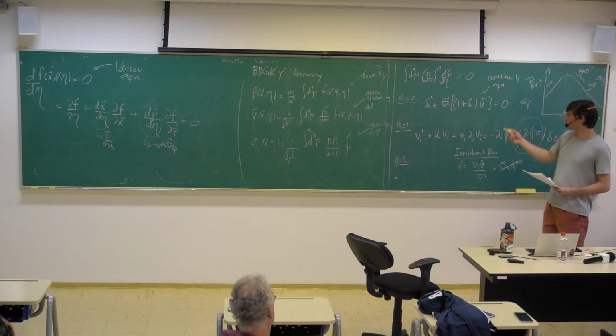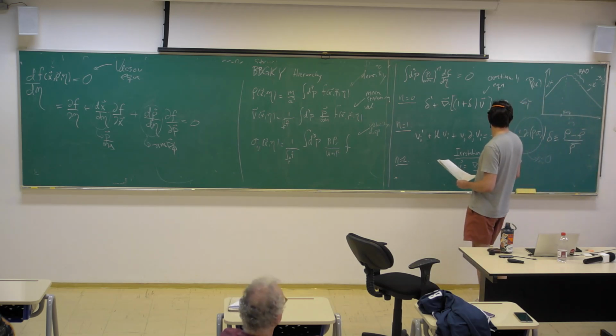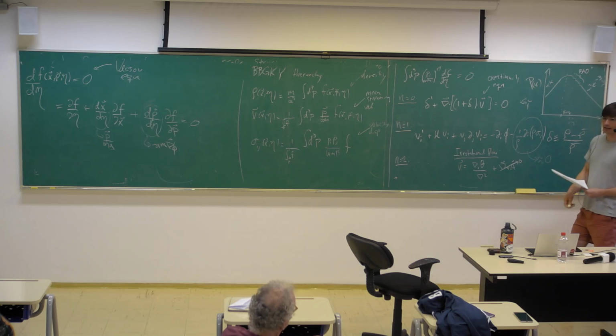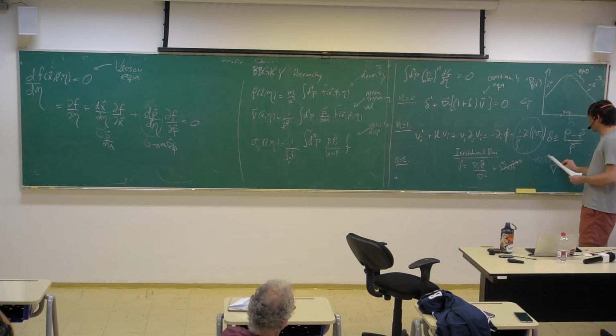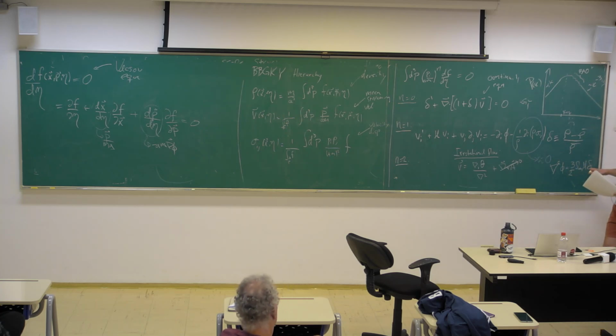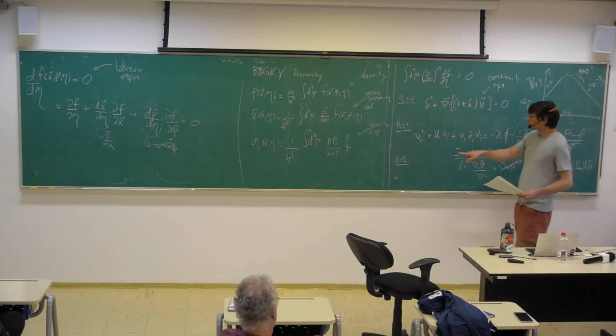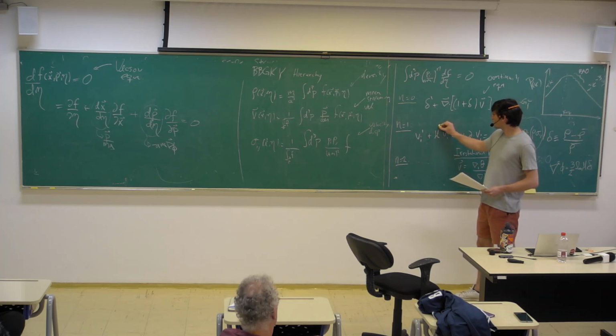Because to close the system of equations, I'm also going to remind you that this fluid is self-gravitating. So where can I write this? I guess I'll just write this here. There's also a constraint equation which comes from the Poisson equation. The Laplacian of this potential is equal to 3/2 omega matter, the conformal Hubble parameter squared, times delta. This is just the standard Poisson equation, but in cosmological units. One more thing, this H term is what we call the conformal Hubble parameter.